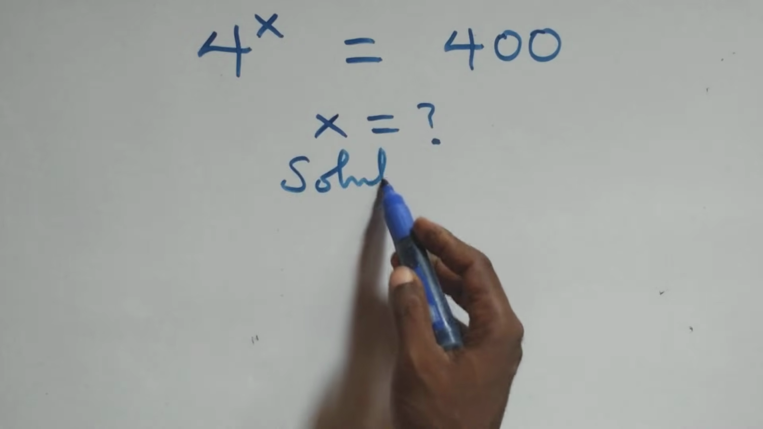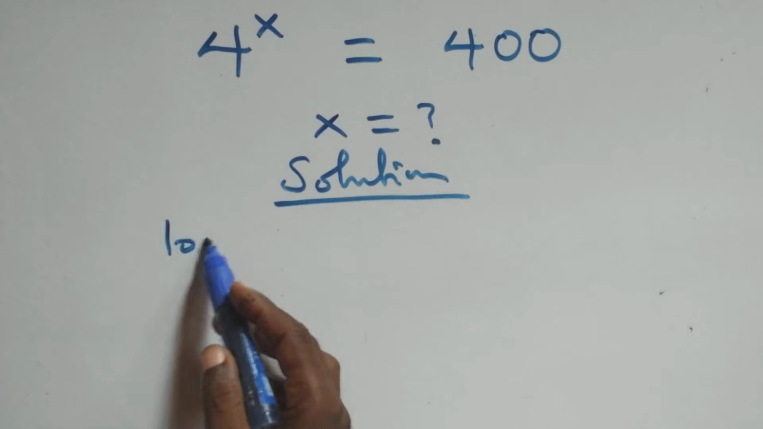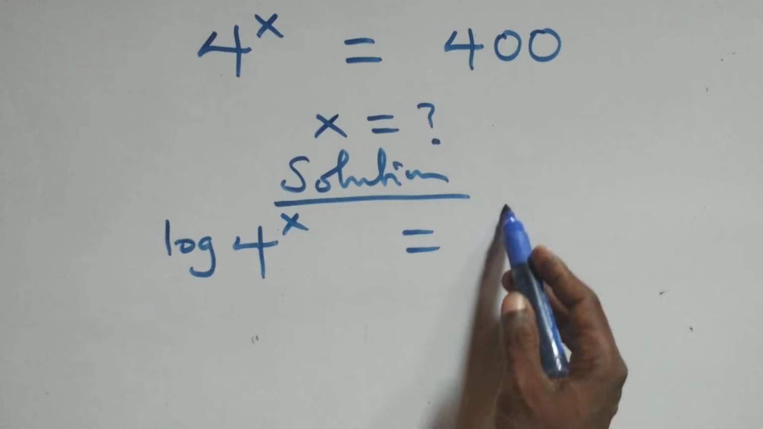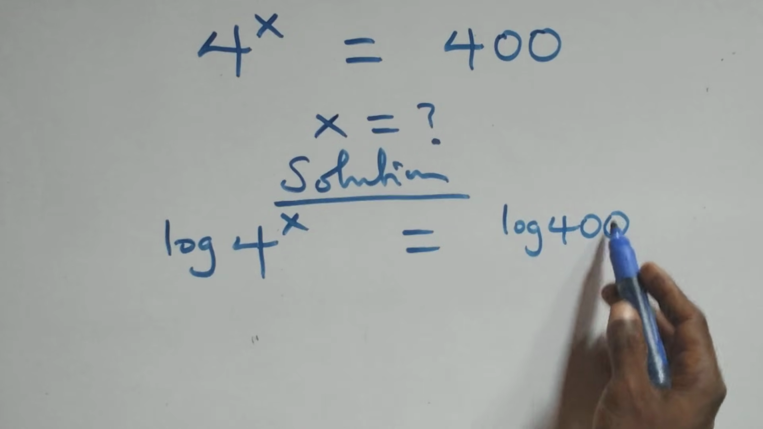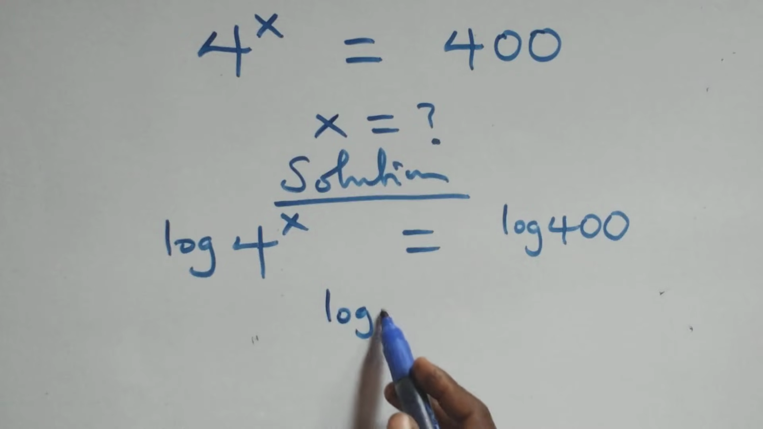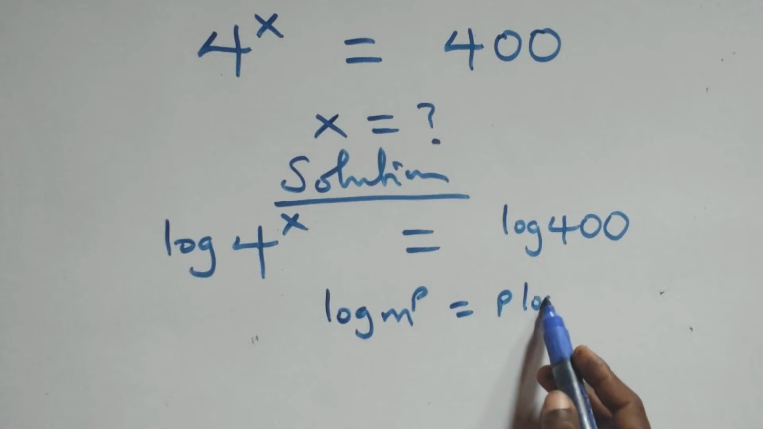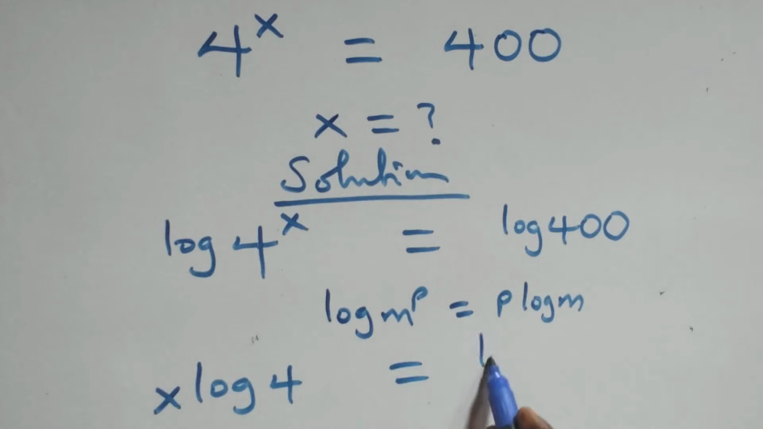Solution from here. What we have here, we take the log on both sides. That is, we have log 4 raised to power x equals log 400 on this side. Then here, we apply the power rule of logarithm. When we have log m raised to power p, this is the same thing as p log m. Here, we have x log 4 equals to log